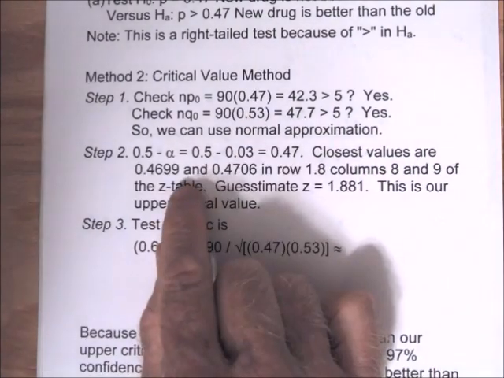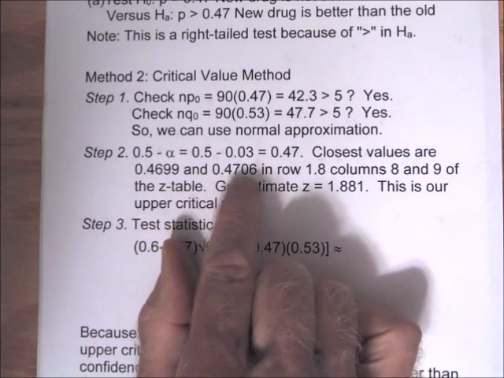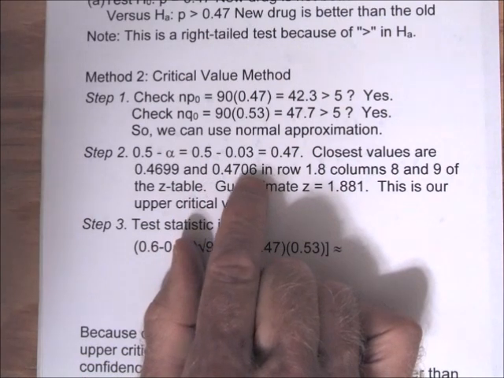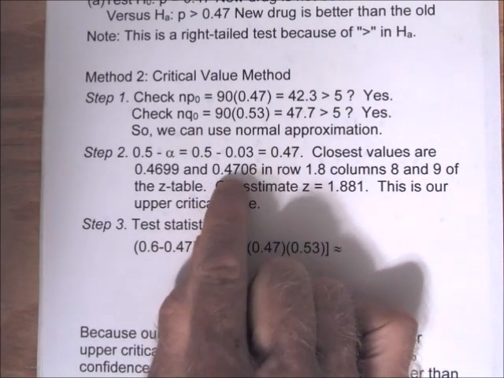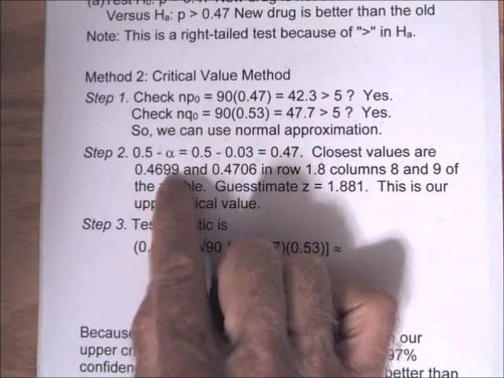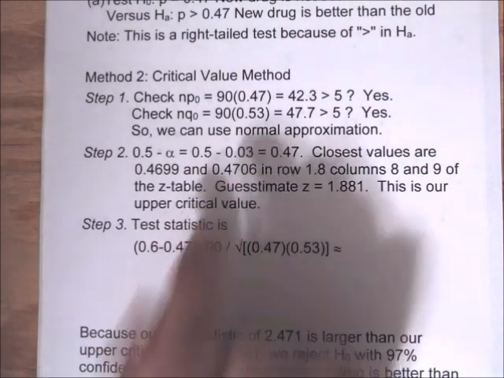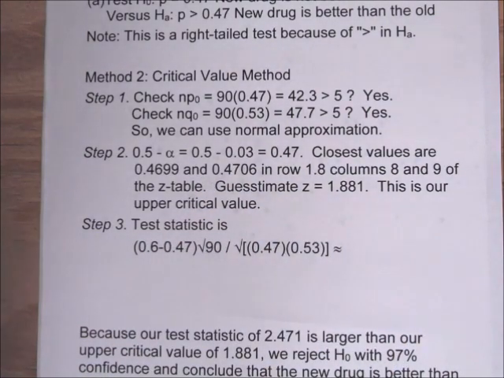The closest values are 0.4699 and 0.4706. If you look at the last digit here, we're looking for 47. It's going to be closer to the 4699. The last digit is off by 1 here. It's off by 6 there. I'm going to guesstimate it'll be something like